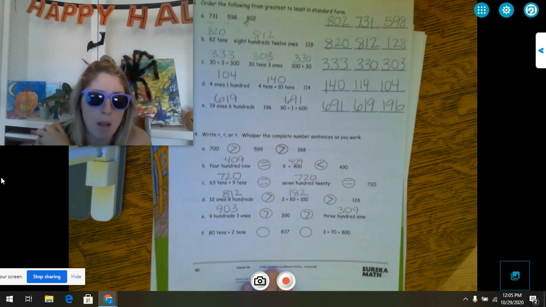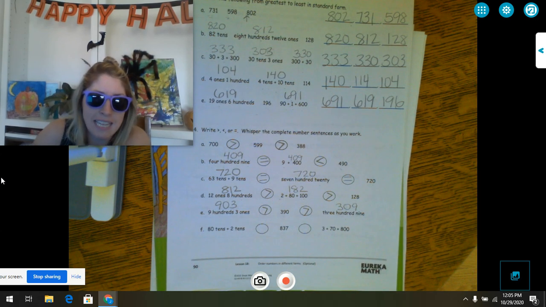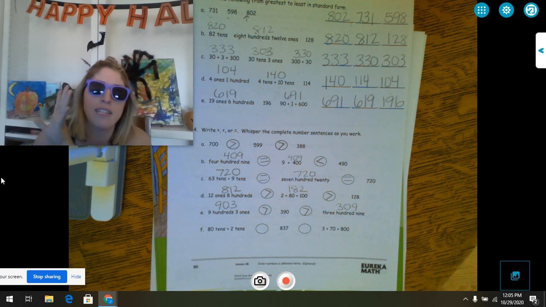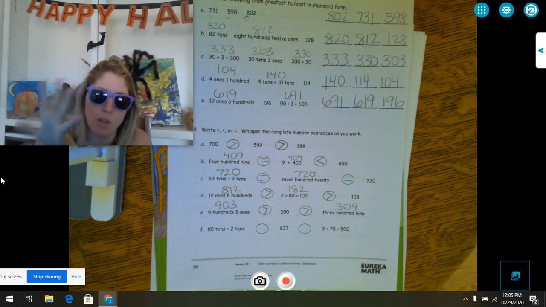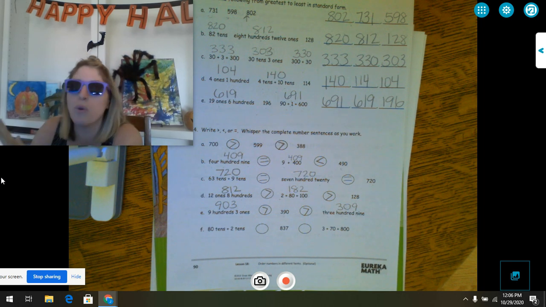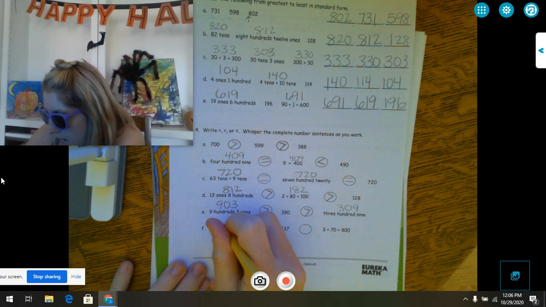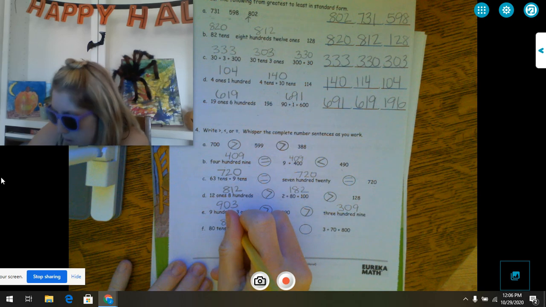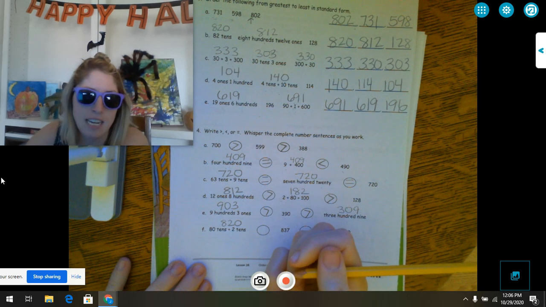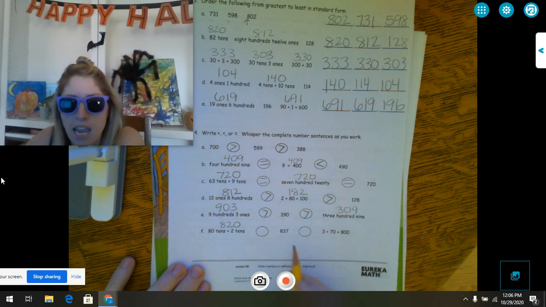And the last problem for your problem set, 80 tens and 2 tens. So first, let's add those two numbers for tens together. We have 80 and we have 2, which is 82. So we have 82 tens. So 82, and then we're going to put a 0 on the end for tens, 82 tens. Okay, 837